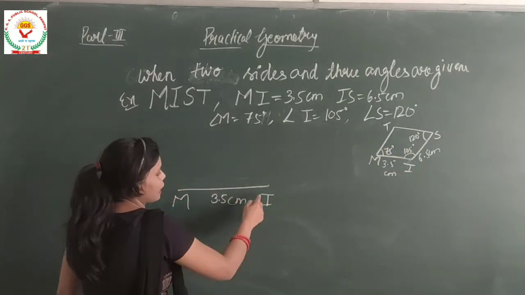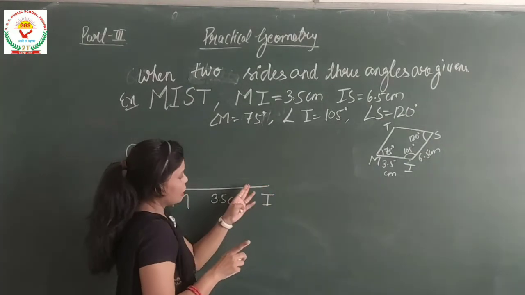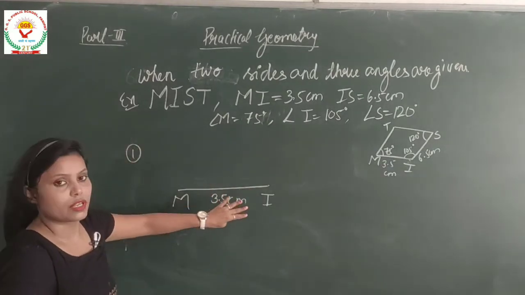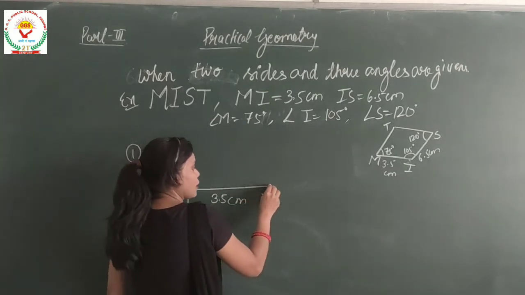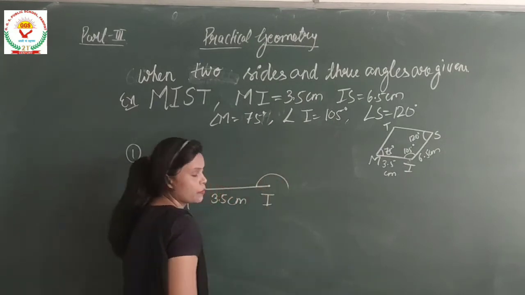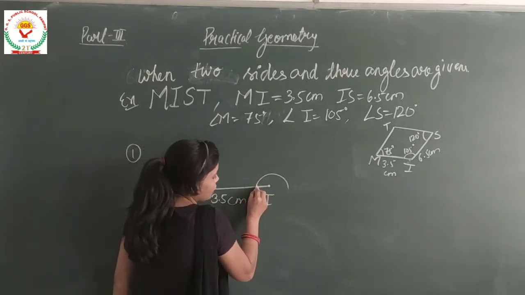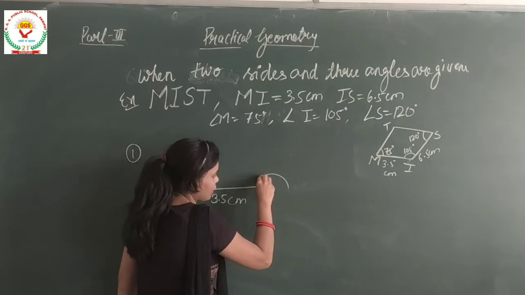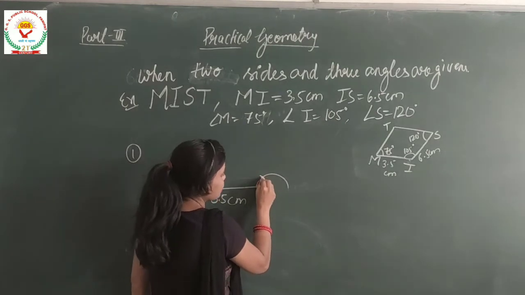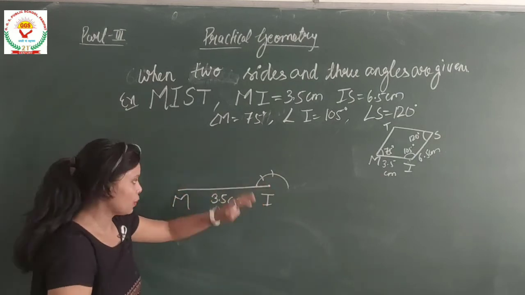So first we will make an angle of 105. You will draw the angle with your compass. I am just showing the method and the steps of how you will draw. Okay, so keeping your needle at point I, you will mark an arc of 180 degrees. Okay, at the start of the arc you will mark again an arc. This is your 60 degrees. At the 60 degrees you will again mark an arc, that will be 120 degrees.